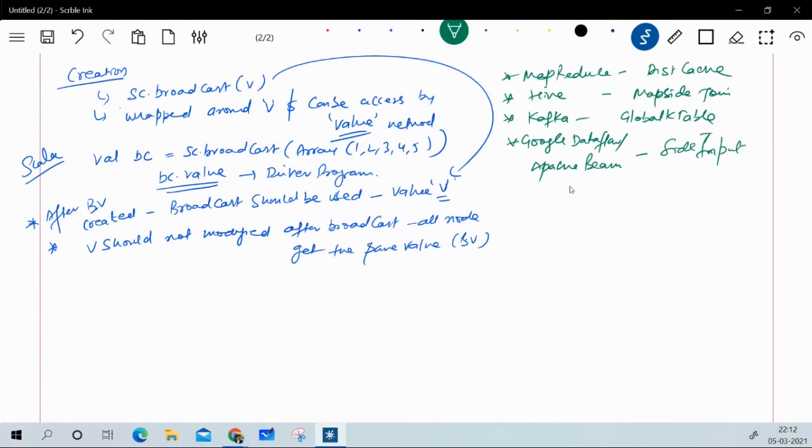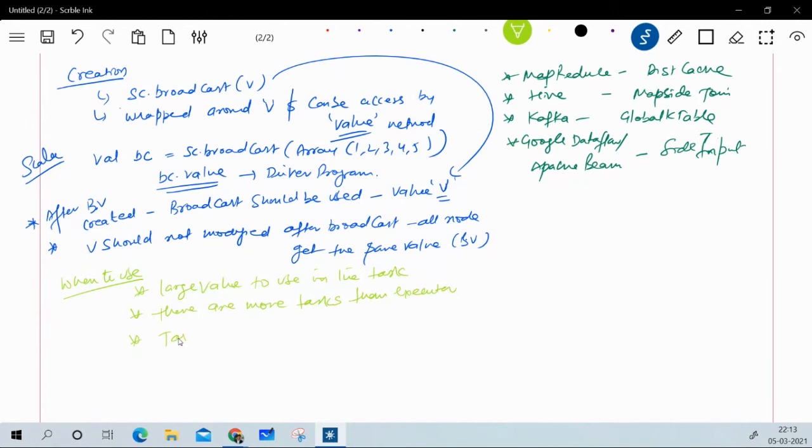So now the question arises: when should we use this broadcast variable? Let's say if you have large data or a large value to use in the tasks, then in that scenario we can use a broadcast variable. Or if there are more tasks than executors, then also we can use a broadcast variable.